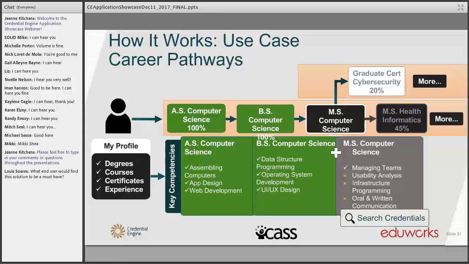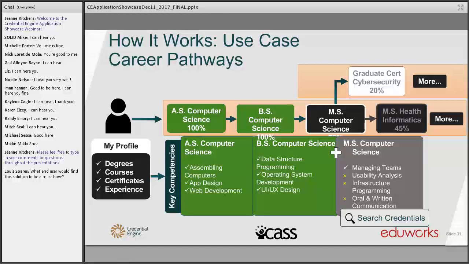And one of the things you'll notice is that there are, of course, many more skills and knowledge and ability than are just listed here, but a lot of them are often soft skills and skills that need to be increased in level and in proficiency as time goes on. So this is the career pathway management, and I'd like to bring that back to the Credential Engine by talking about